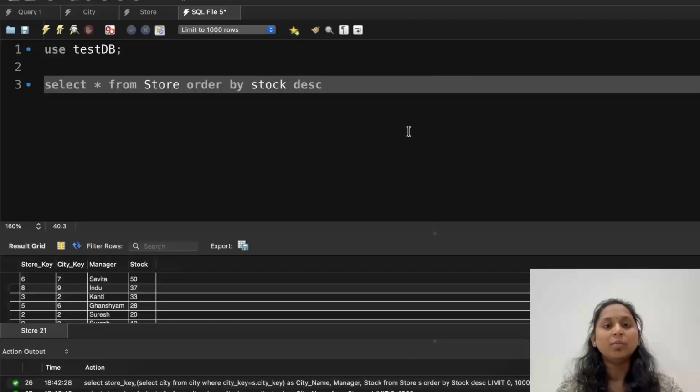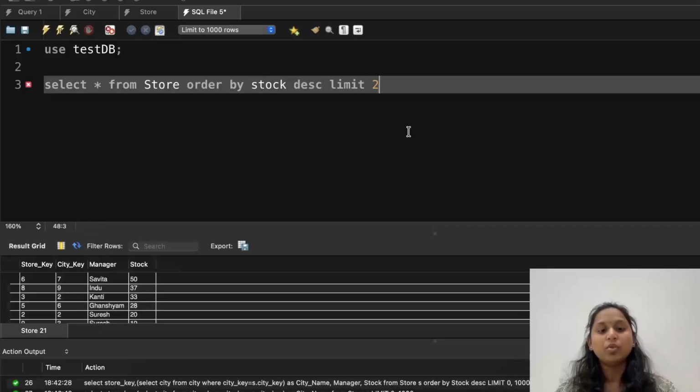So here comes the next operator, that is the limit operator. Limit has a criterion that you can provide for how many records you want to see. Here we have only 9 records, but in a real-life scenario you don't have 9, you have 10,000 records. So you don't want to run a refresh query on 10,000. It will make your system stop. So whenever you are trying some new query, you limit the result, that I don't want everything, I just want the first 2 results, so that I can understand whether this query will work or not. Fine. So limit will be most used in industry where you have a large amount of data.